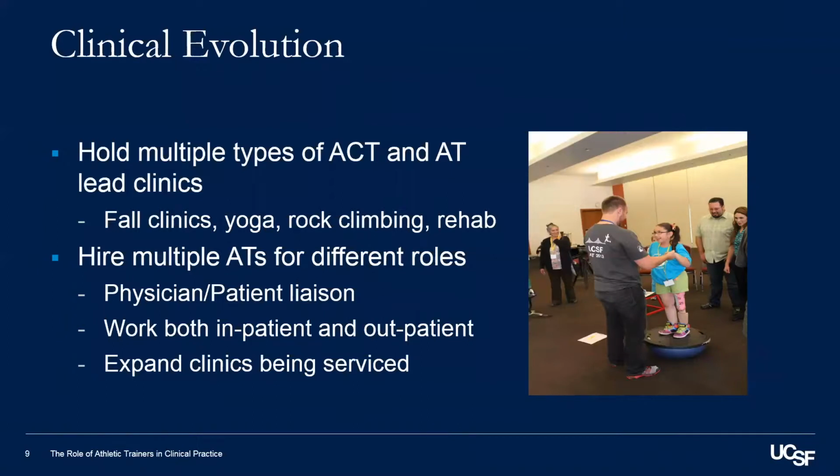And so we were able to build a more cohesive relationship in the hospital where it's a similar person going over and over to that hospital. It's a familiar face, and familiarity creates a very positive workflow. And so we're working both inpatient and outpatient currently with our athletic trainers and off-the-shelf bracing. And then we're able to expand our clinics being serviced. So by separating this OTS and this custom, we're able to focus on different clinics that have off-the-shelf needs, like